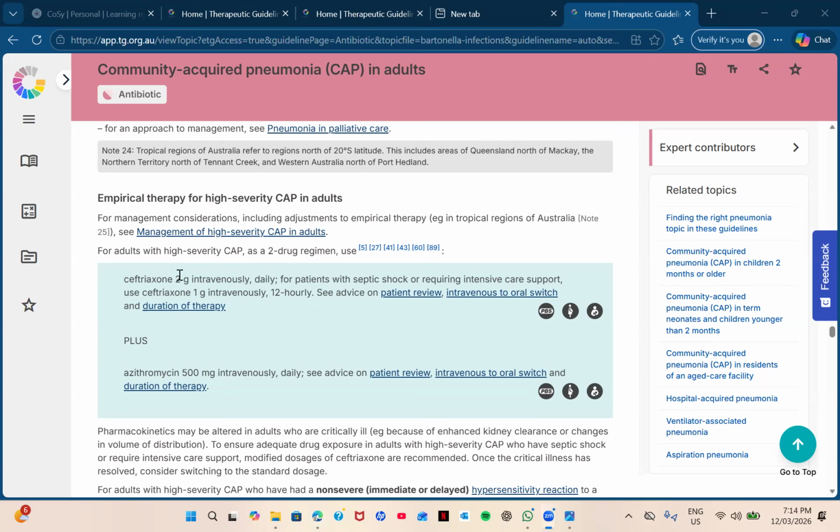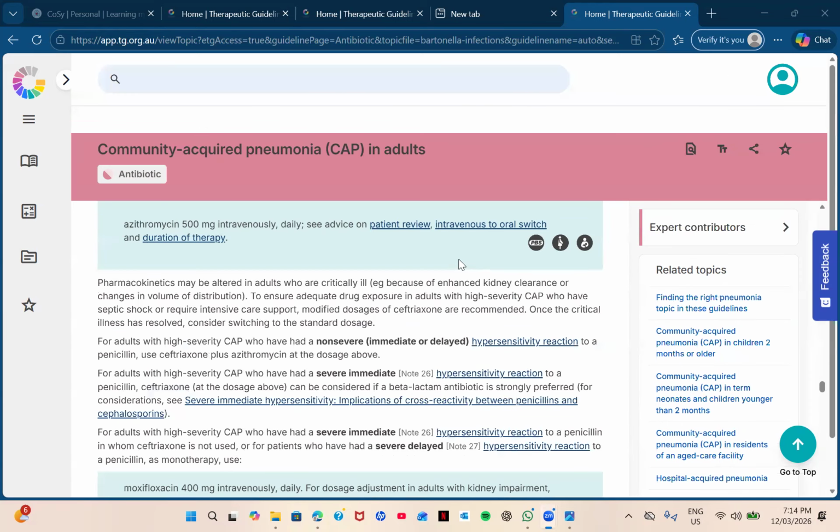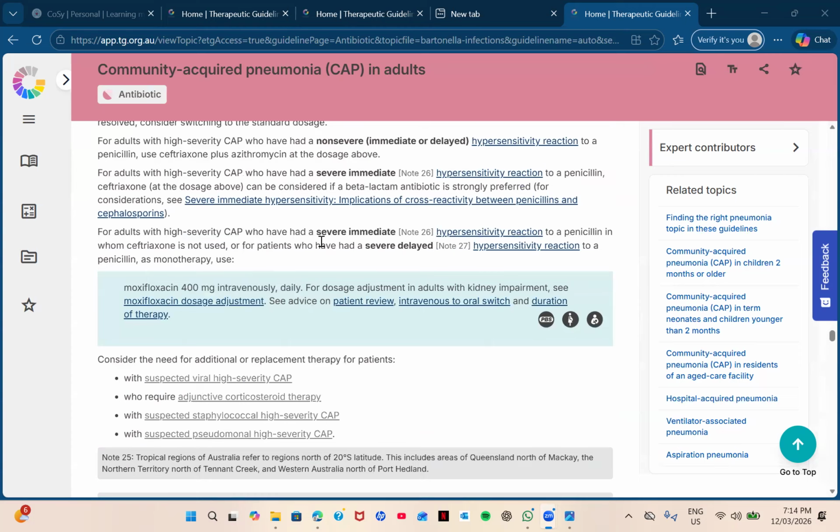Remember, here also in high severity community-acquired pneumonia we use this combination, right? If the patient is having a severe immediate reaction to penicillin in whom ceftriaxone is not used, and a patient who has had a severe delayed reaction to penicillin, as monotherapy you can use moxifloxacin,